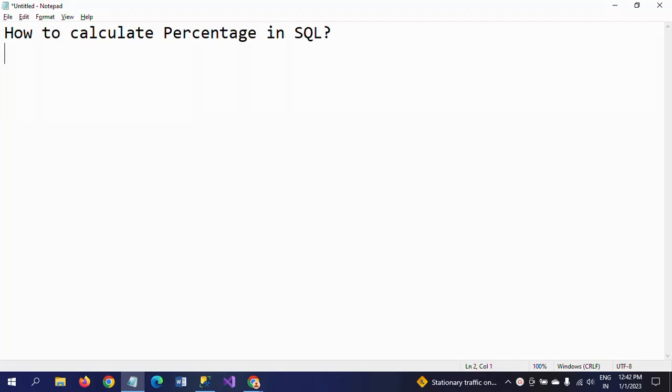Today I will show a demo on how to calculate percentage in SQL. We don't have any built-in operators for percentage in SQL. We can rely on arithmetic calculations to get the percentage in SQL Server. So today I will show how to calculate the percentage creating two variables,